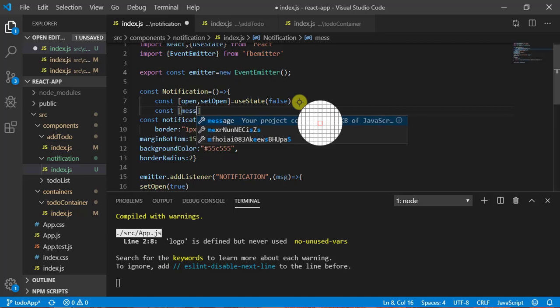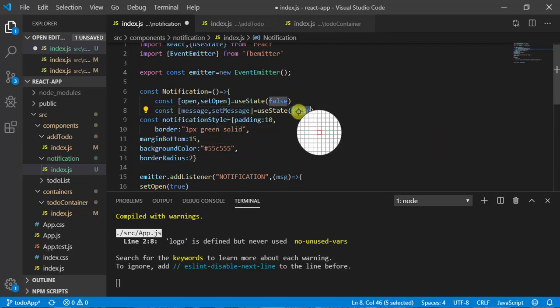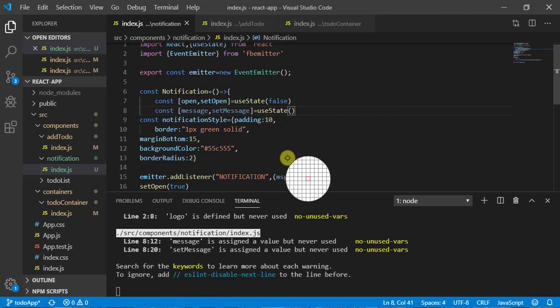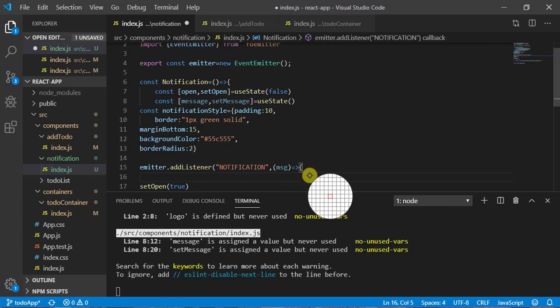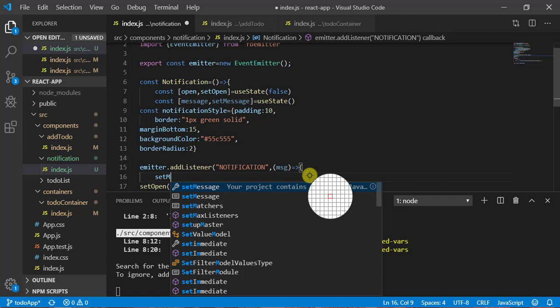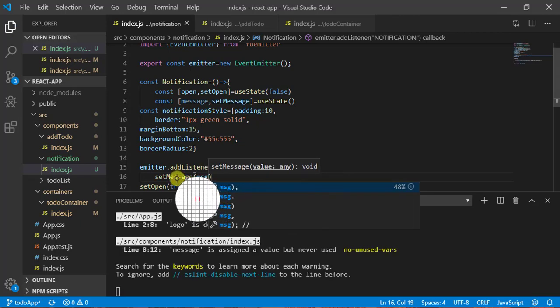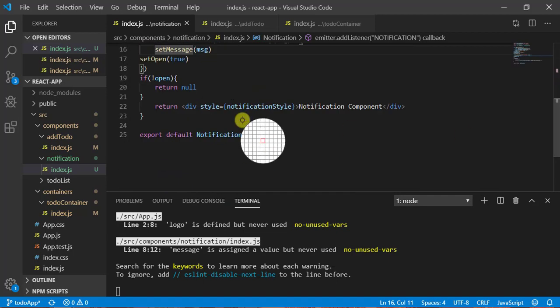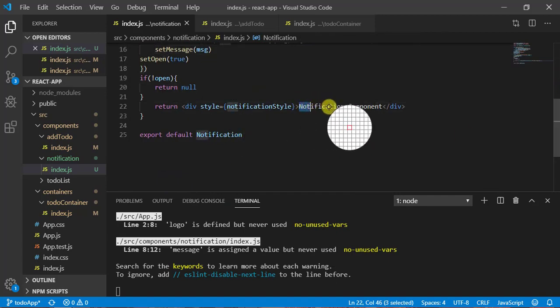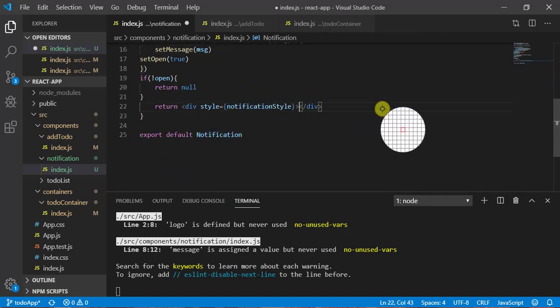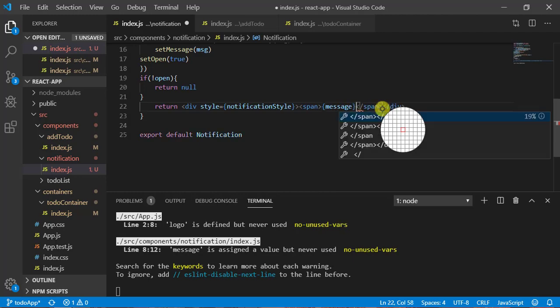So const message, setMessage, and pass an empty value right now, and from here we will set this message. So setMessage, and whatever value I am getting, I am setting. Now instead of displaying this notification component, we will display our message. So in a span tag I can write message and close it.